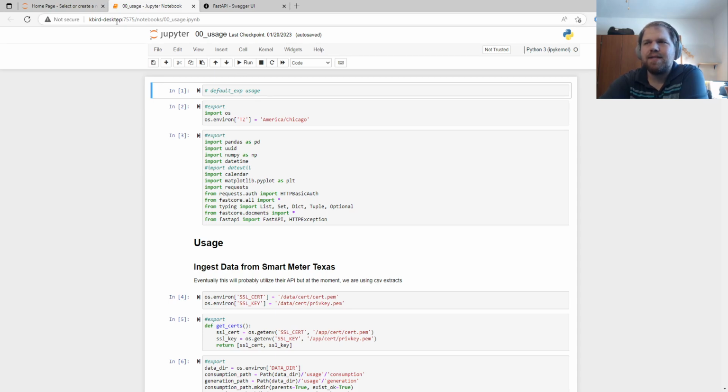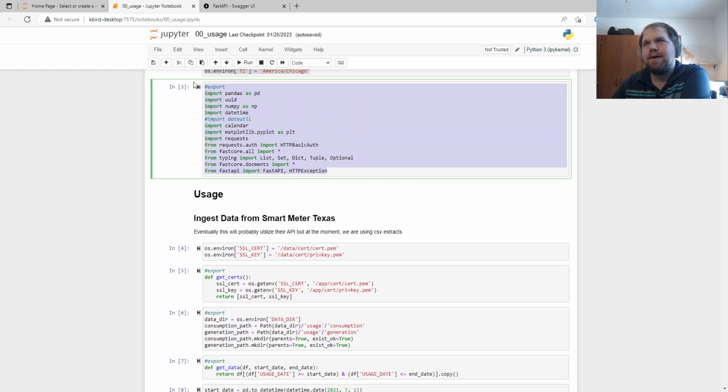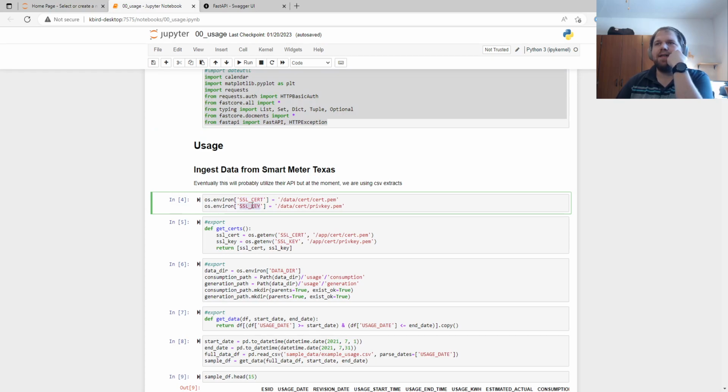This is going to show you, we're specifying the America Chicago time zone. These are the different libraries that we're using here. Yeah, I guess let's just kind of get into this. I specify the SSL cert and the SSL key here. This is important because